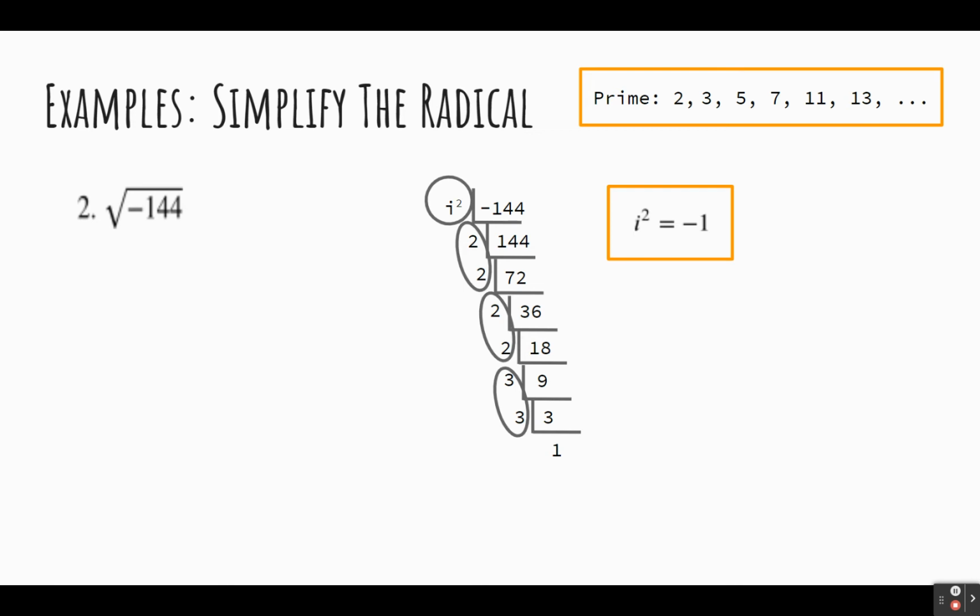So for each thing you circled, that gets written outside of the radical. So we have our i, 2 times 2 times 3. We can simplify that. 2 times 2 times 3 is 12. And of course, our i. In this case, i works a lot like a variable. So you'll put the 12, the coefficient, in front, and then the i after that. So again, if you knew the square root of 144, you could have gone straight to the answer 12i. Now knowing that the square root of -1 is i,